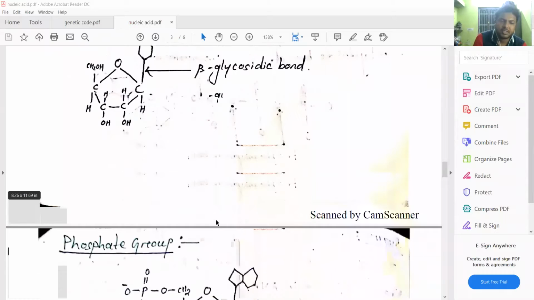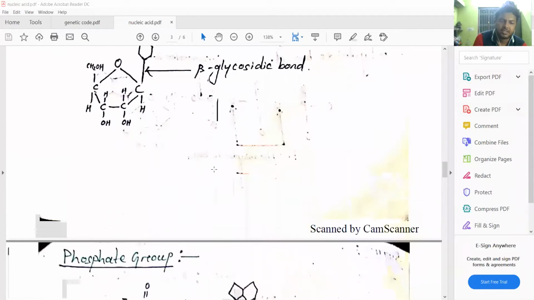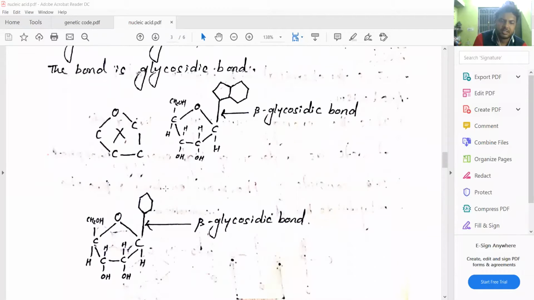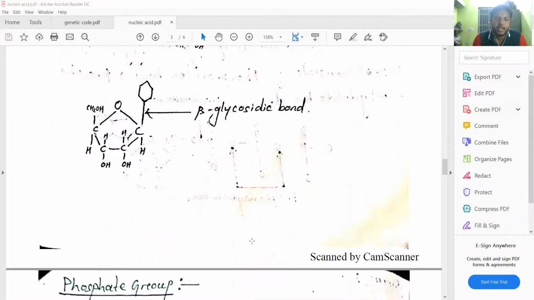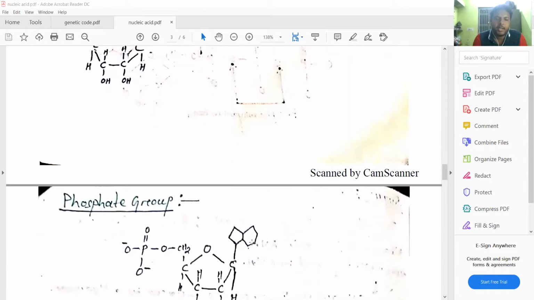So next, coming to the phosphate group. In the phosphate group, the nucleoside is devoid of the phosphate group, that is, the inorganic phosphate, or inorganic acid, is absent in the case of a nucleoside. In the case of a nucleotide, you have all three molecules, that is, the N base, the ribose sugar, that is the pentose sugar, and the inorganic phosphate also there. So next, coming to the phosphate, which is only present in your nucleotide.